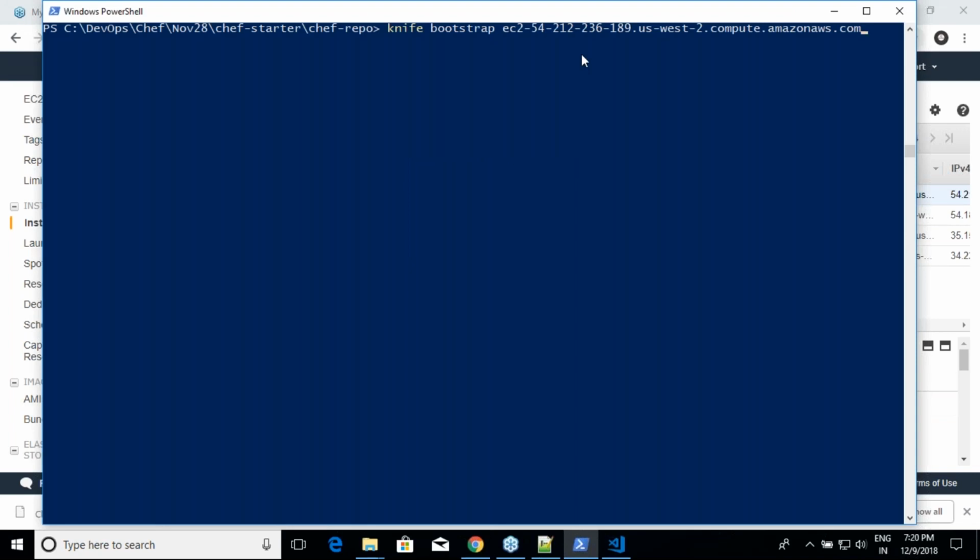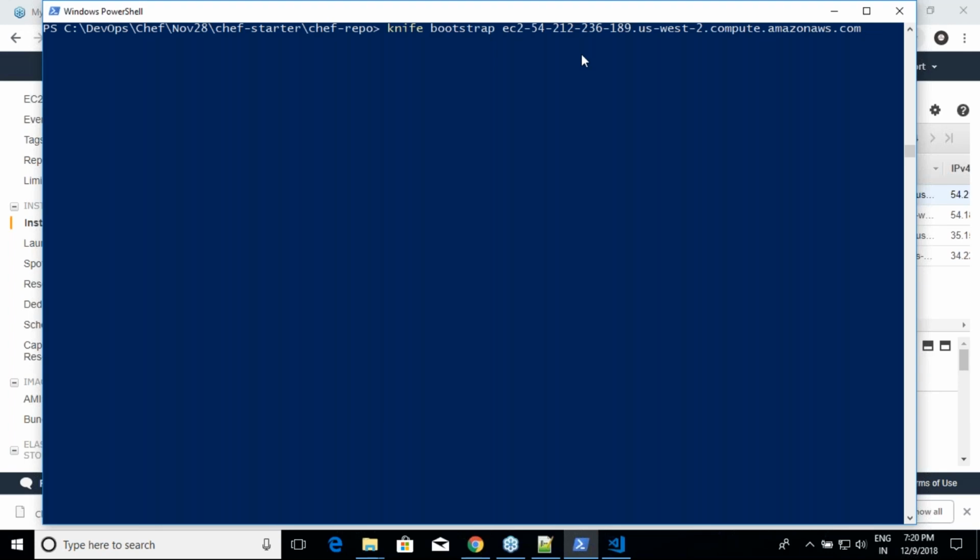But if your chef server is inside AWS itself, better work with private addresses. If your chef server is inside Amazon itself, try to use private addresses, not public, as much as possible. That's the first thing. And what are the other things which I need to pass? I forgot, as I have not done bootstrap.